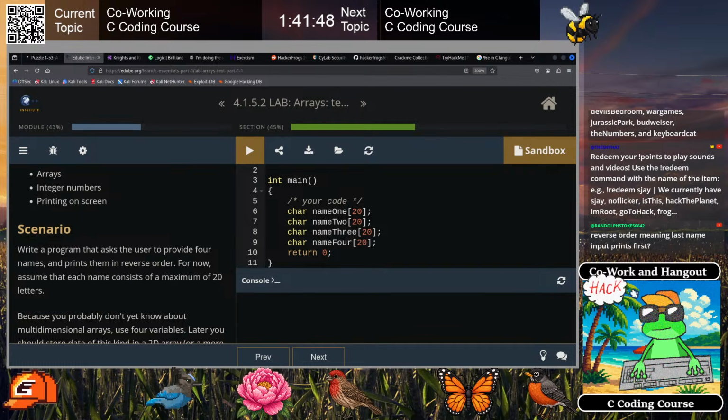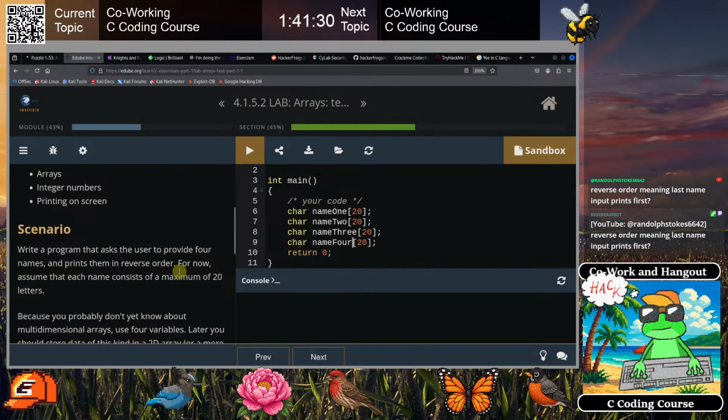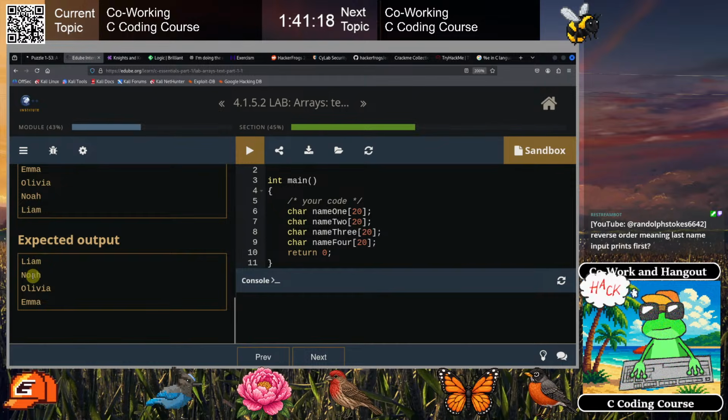Okay, so as Master says, there are flags that can enable more checks or fewer checks. Randolph Stokes says, reverse order means the last name input prints first. Oh, no. They mean print the 4th one first, then the 3rd one, then the 2nd one. I think that's what they mean, because if we take a look at the sample input, Emma, Olivia, Noah, Liam, then they print Liam first, then Noah, then Olivia, then Emma. So it's just printing them out in reverse order from the